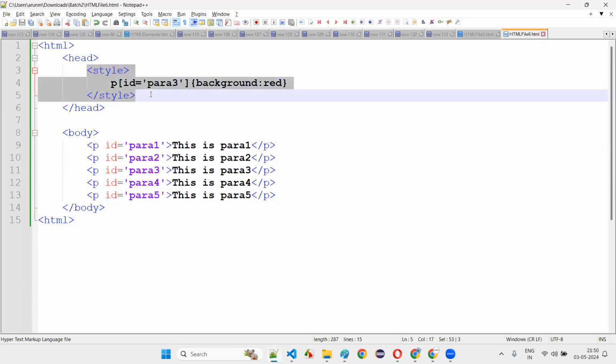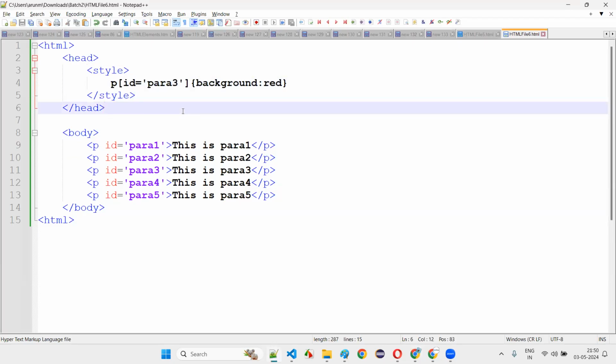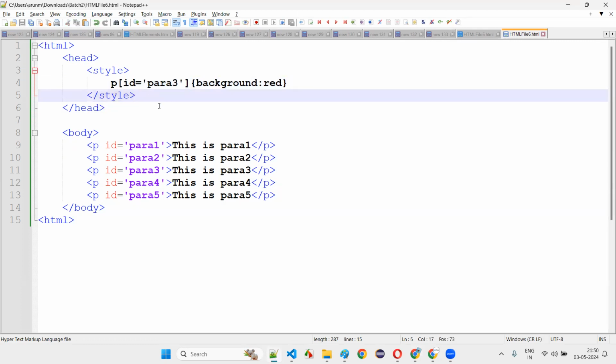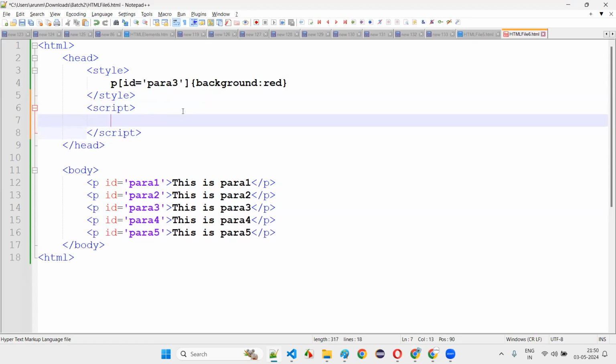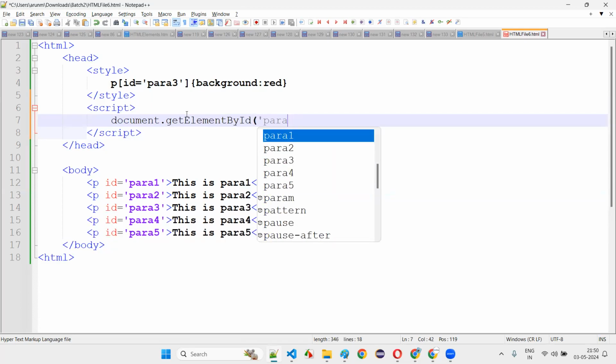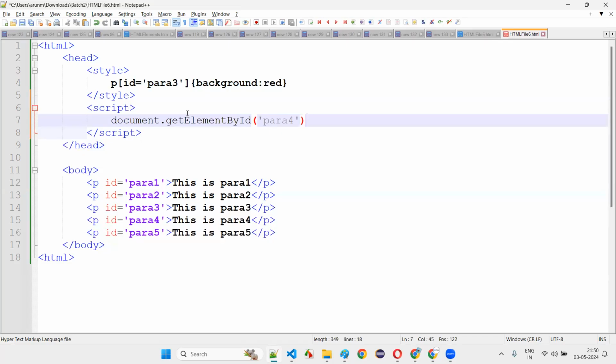Developers may have to use IDs for styling purposes and for different purposes. For example, I'll write a script tag here. Inside the script tag, for a particular paragraph, I want to change the color. I have to write document dot getElementById, and here I'll write the ID as para 4, let's say. Para 4 is the ID. What I want to do with this para, here I'll write